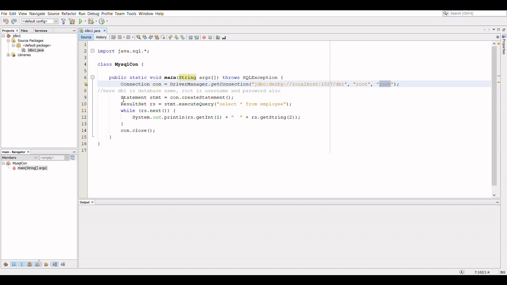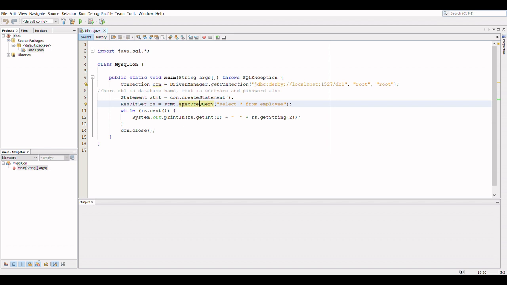The next step is to create the statement object with the help of the connection object and the createStatement method. Then we are fetching the table information from the database. That's why we are using this select star from employee query from MySQL, where employee is the table, and we are using the executeQuery command.